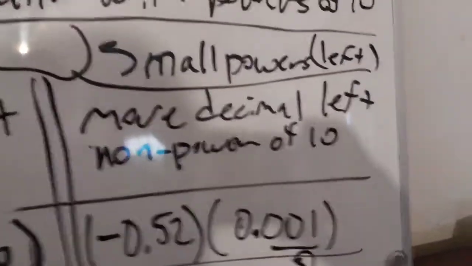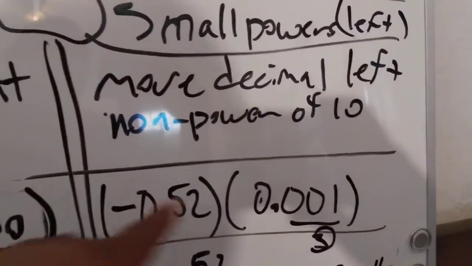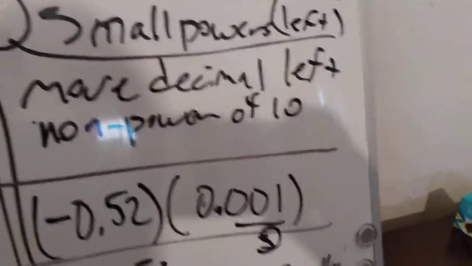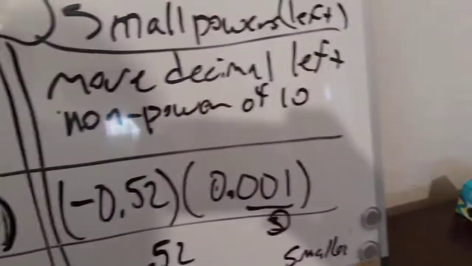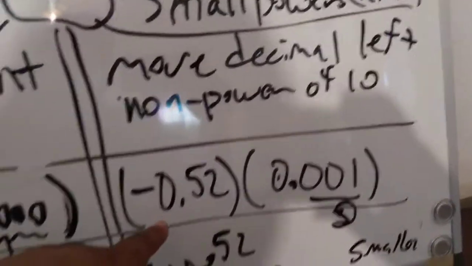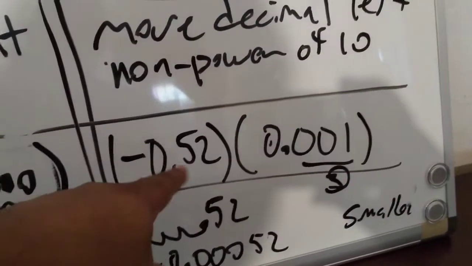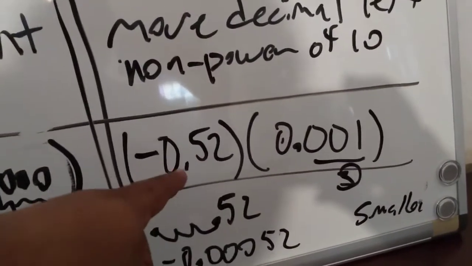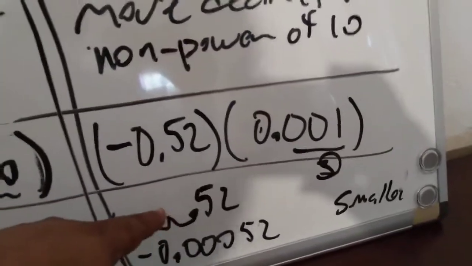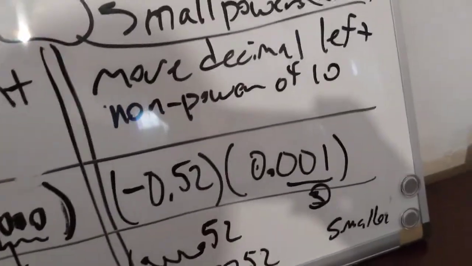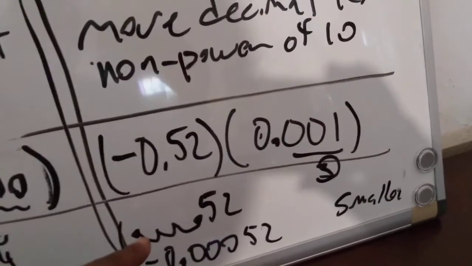Now, we know we got to remember our rules. We got to take that in our pocket. If it's a negative times a positive, the answer is negative, right? So at the end, it's going to be a negative, right? And so that means we're going to write the power of 10 just like it is with the decimal point here. We're going to write it just with the decimal point here. So now,